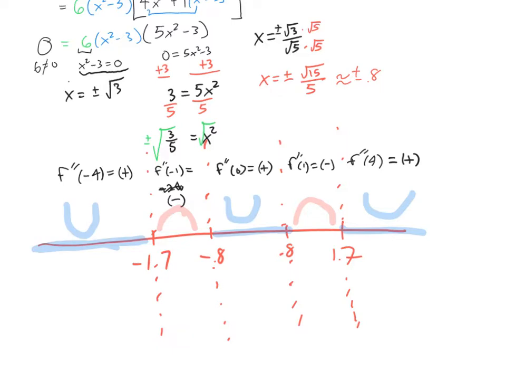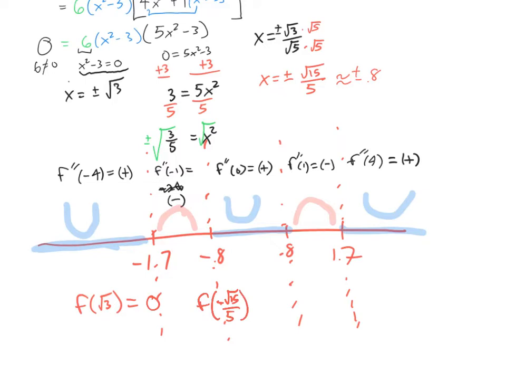So for example, when I plug in f of square root of 3, notice I'm plugging into the original function. When I plug that into my calculator, again, I'm not plugging it in right here. I'm plugging it into the original function. I do all that work. This one was a bad example because it comes out nice. It gives me 0. But if I were to plug in f of negative square root of 15 over 5,